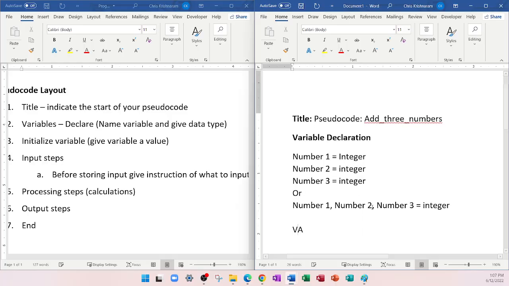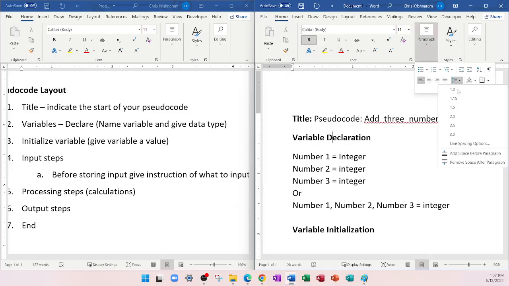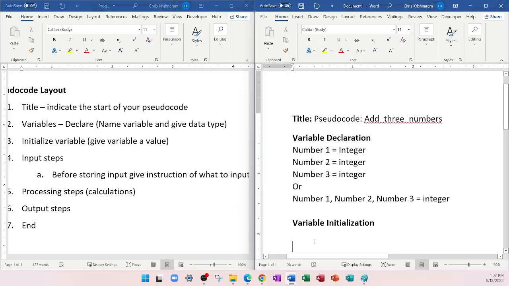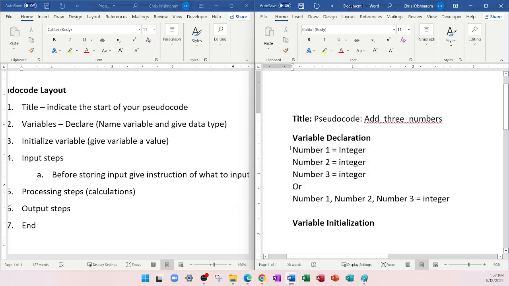So next we have variable initialization. Remember, if you have any questions, let me know. Variable initialization. At this step here now, we are going to initialize any variable. Now here, as I said already, variable initialization is not always necessary, because in this case here, I don't need to initialize these variables, because